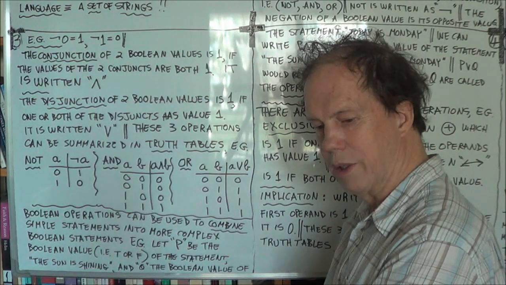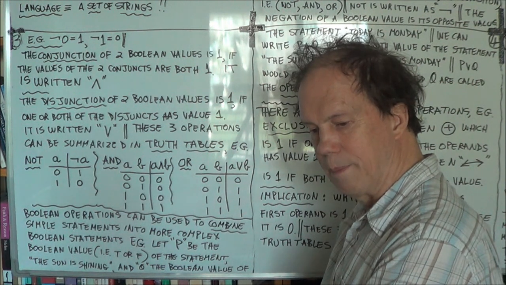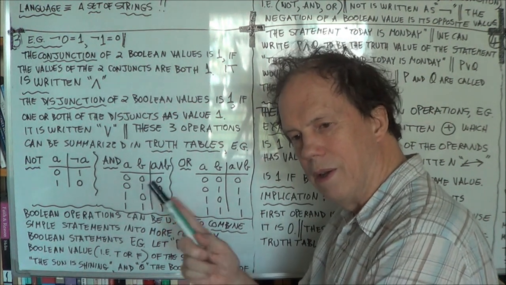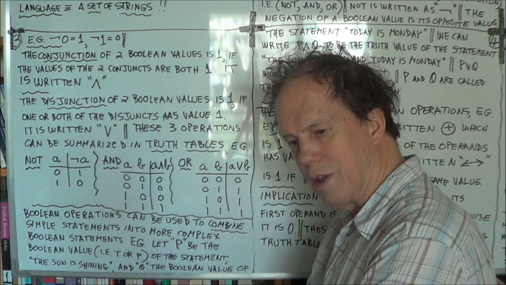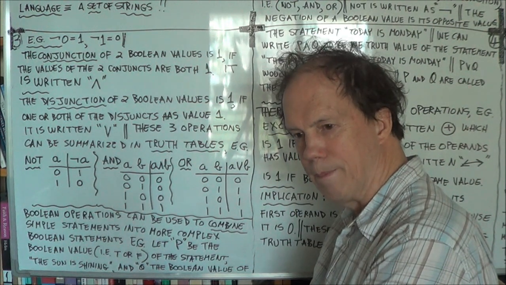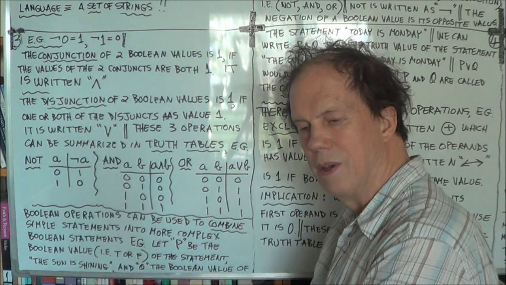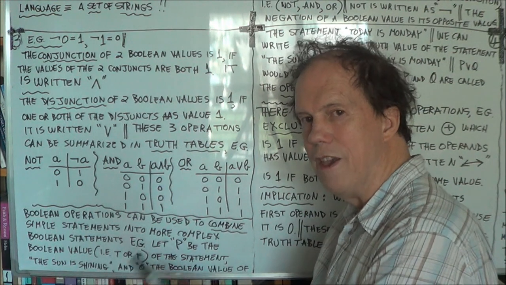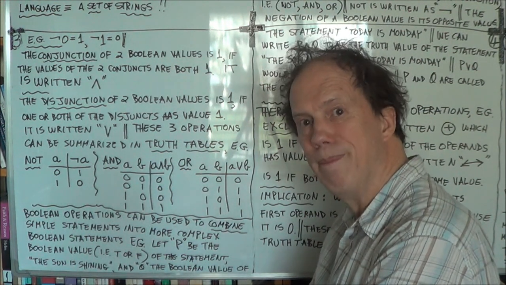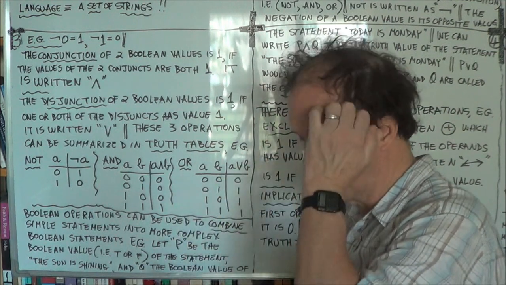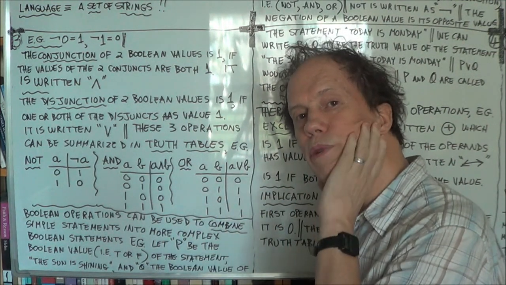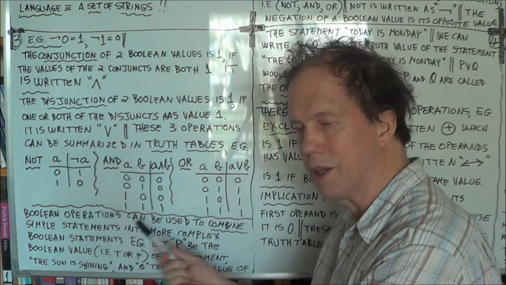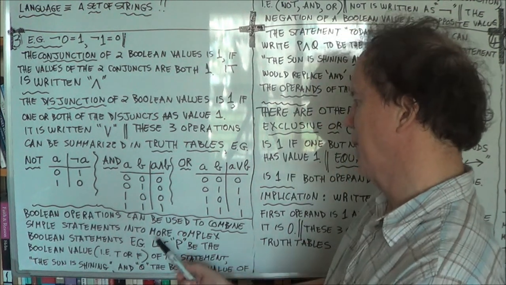In fact, you can prove, if you have some expression with Boolean values in it on the left-hand side, and a different expression with Boolean values in it involving the same Boolean variables, then you can show that the left-hand side equals the right-hand side if the two sides have the same truth table. So using a truth table is a way to prove an equation, that the left-hand side equals the right-hand side. Okay. Now